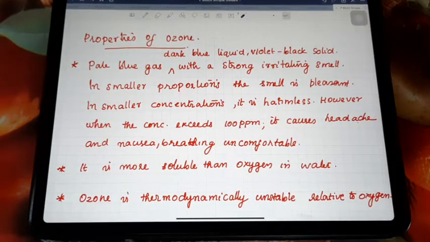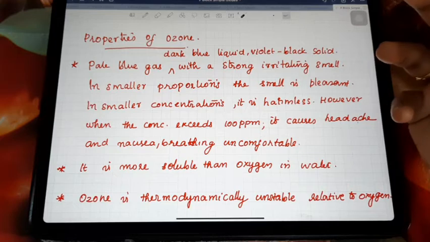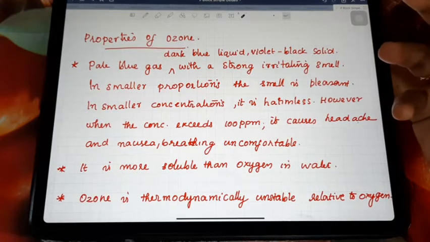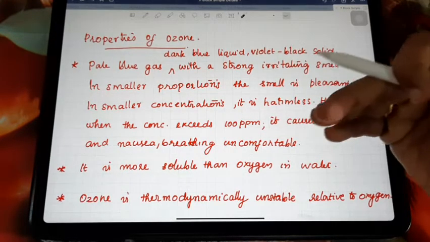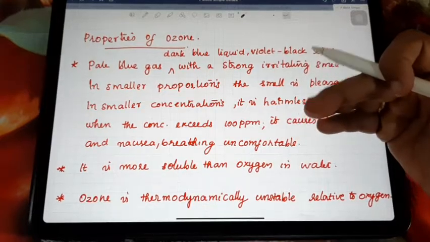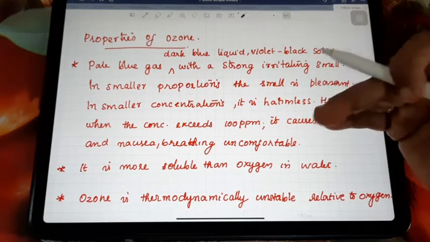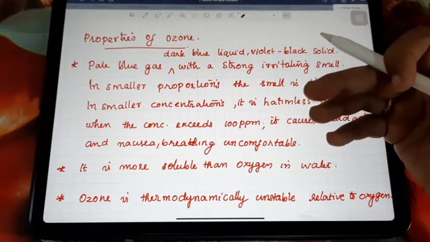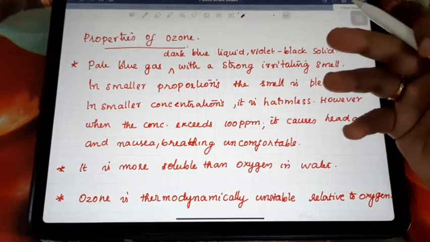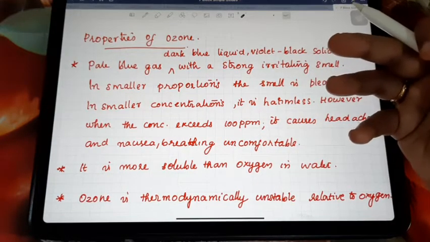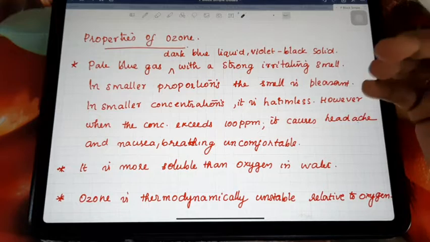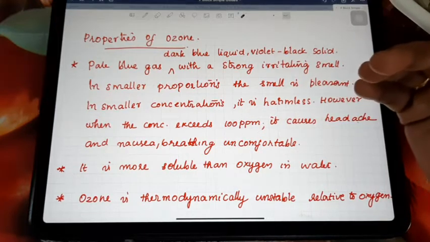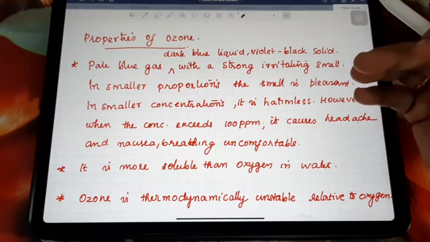So high ozone concentration is harmful for everyone. As you know, ozone is considered a protective layer in the upper layer of the atmosphere. Otherwise all the UV rays would come from the atmosphere to the earth, resulting in a lot of diseases, especially skin cancer. So the ozone protective layer is needed in the upper layer of the atmosphere.